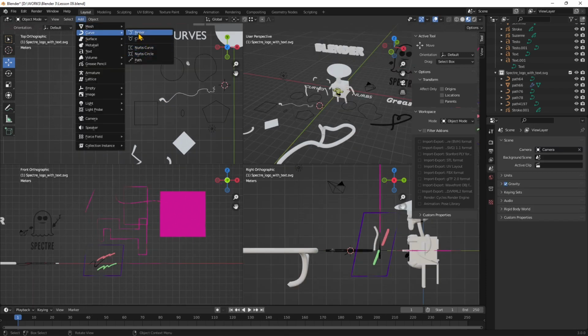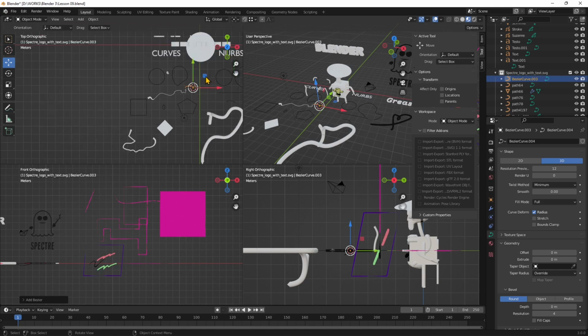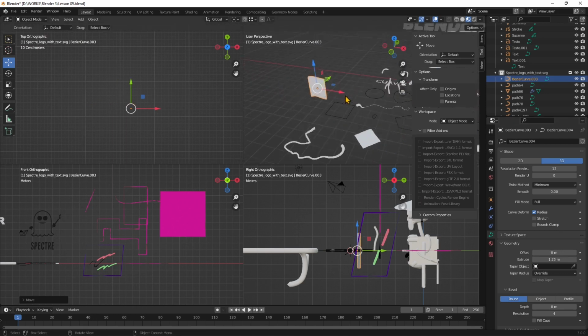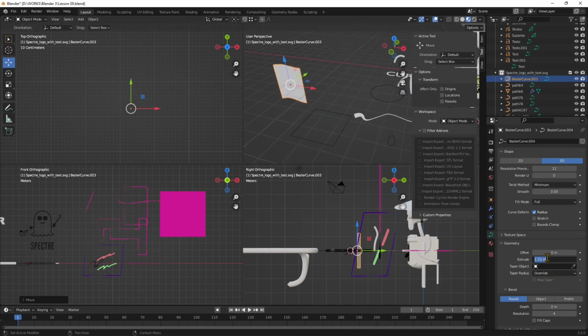So I'm gonna use the standard Bezier, then we're gonna edit this a little bit. So we start always from a path basically, and then we can, as we already know, extrude this and make a simple surface, or we can make already a 3D by using the bevel,